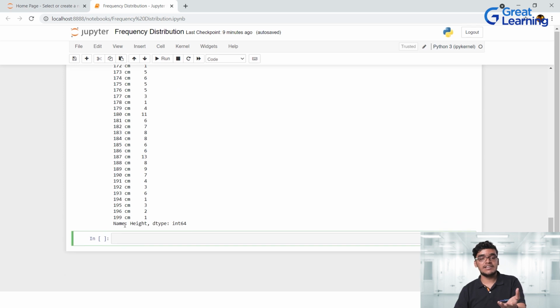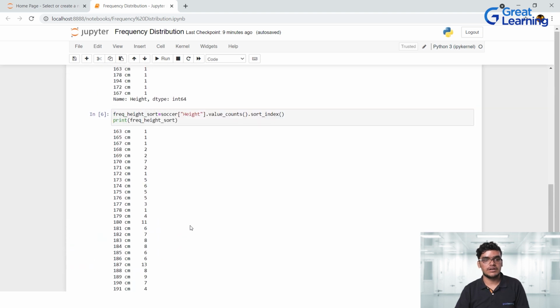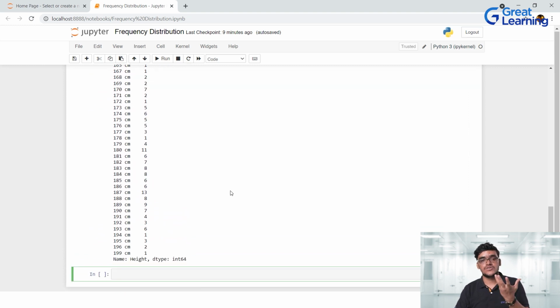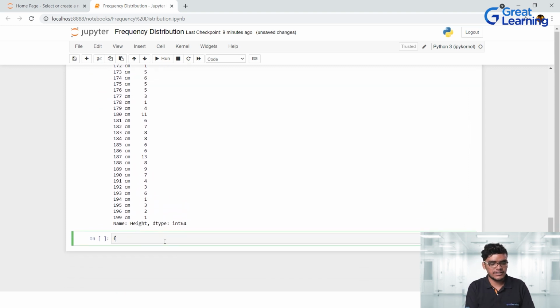So the largest height here, you can see that there is only one player whose height is 199 centimeter, right? Now, after understanding this, let's suppose you want the players' heights in descending order, that means from 199 centimeter to 163 centimeter. So what you can do here, I'll create another variable, frequency underscore player height